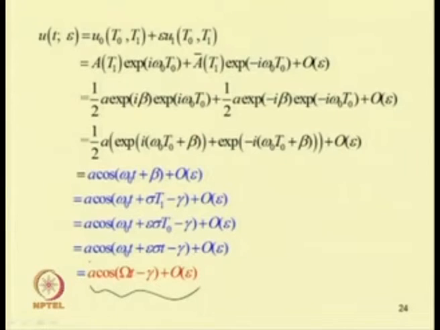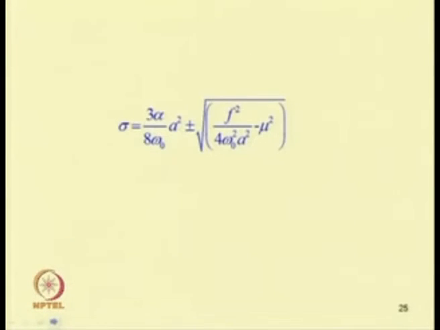So, u equal to A cos omega t minus gamma, that means the system will oscillate with the frequency of external excitation in case of the non-resonant condition. So, this is what we have discussed for a system if it is weakly nonlinear, and this is the relation between the detuning parameter and response amplitude.